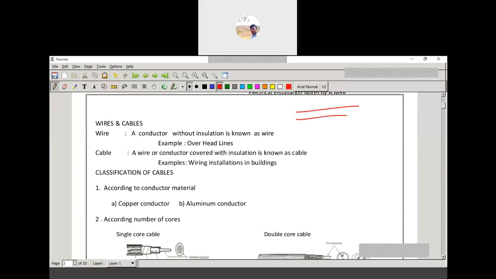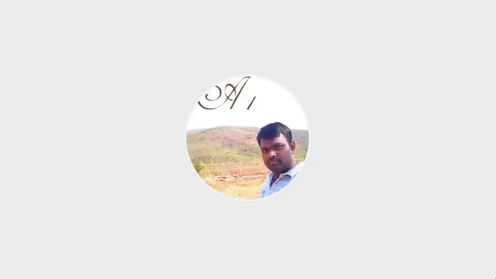So this MCCB protects against the different faults. What happens if we use an MCB, a miniature circuit breaker? If a fault comes, it will be tripped off. Whatever the fault is, it will trip the circuit. But if a higher range of current comes,